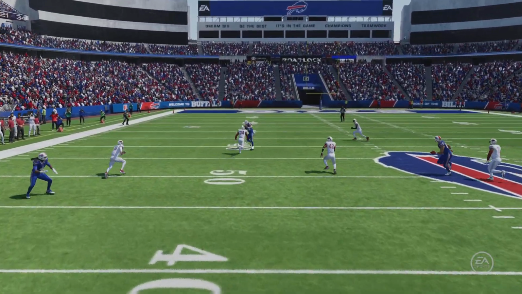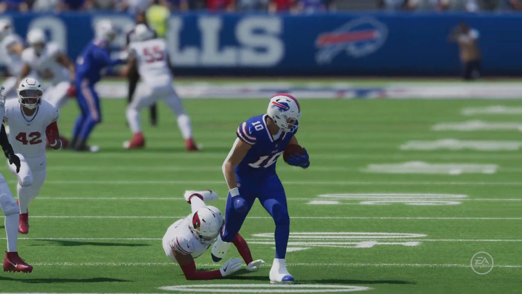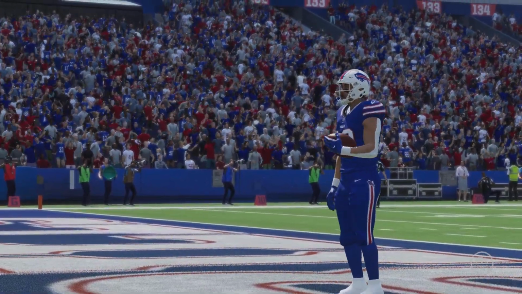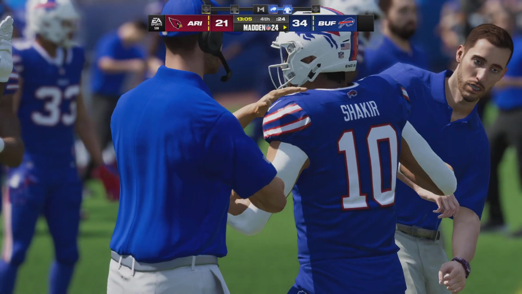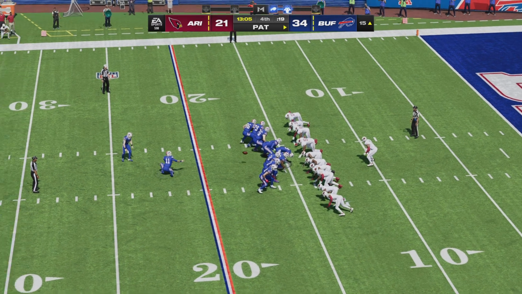Was he wearing football cleats or track spikes? Because he was gone. Big-time play, and just think about what that does if you're a receiver on the team with him. Well, that's got to open things up for you as well, because if I'm a defense, I've got to get back deeper and deeper in order to keep him in front. But I'm not sure how many can actually keep him in front with that speed.